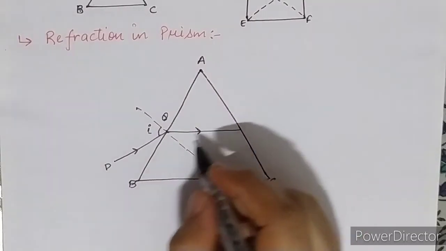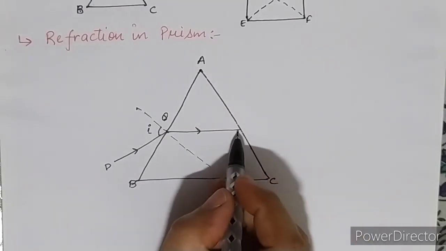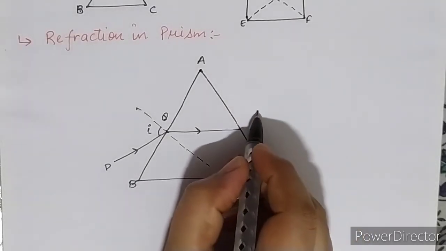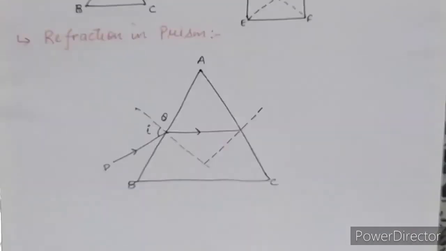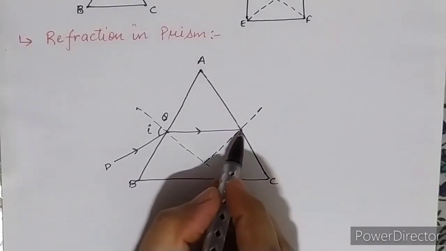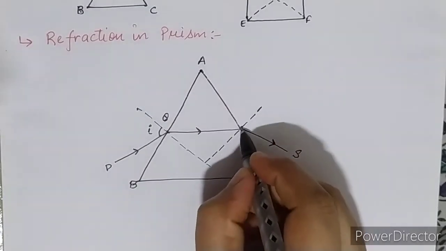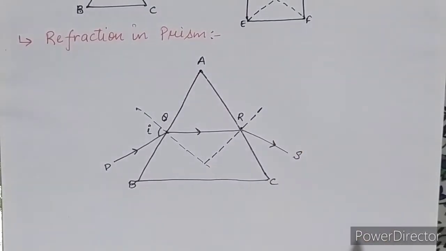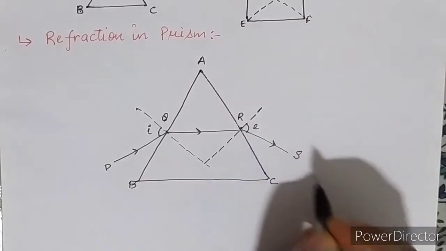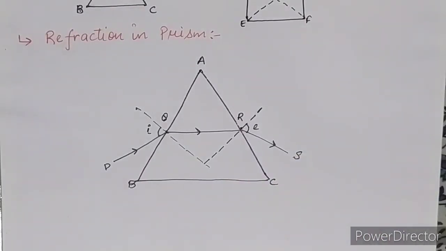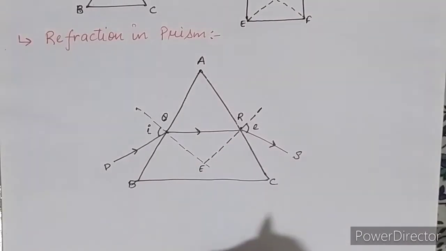And the second time, as it was incident on this surface, again I have to draw a normal ray. Okay, and after this it was refracted again, and this will be your R. Okay beta, clear? It emerges out, so it is an emergent angle, which we have already studied in refraction through a glass slab, where it intersects, that point is your point E.